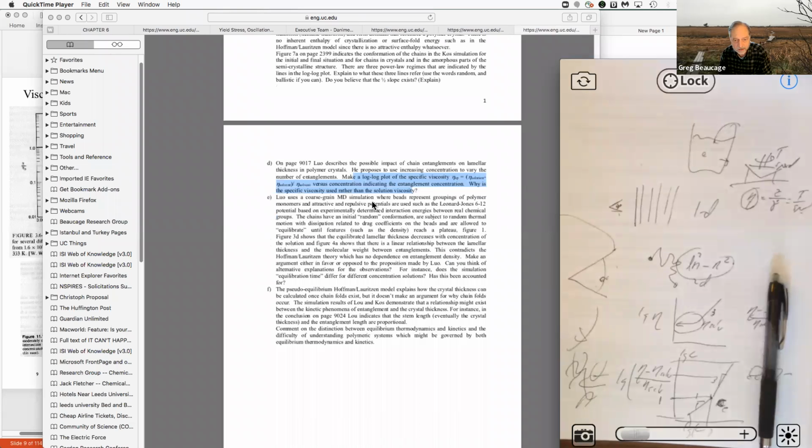And then these things get more and more difficult, I think. You have this issue that the one theory, the Hoffman thing he did, doesn't have any dependence on entanglements, doesn't have any molecular weight dependence. It's just the enthalpy, entropy, and surface energy. It's the same as the Gibbs-Thompson equation, which is for low molecular weight materials. The only difference is that